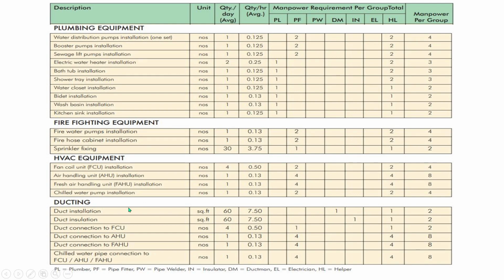Then for the duct installation, you can see the unit as square feet. For the 60 square feet, they say they can install it in a day. 60 square feet can be installed in a day. You can convert it as your wish. It can be square meter as well. So how many manpower you need? Ductman one and helper is one. Okay, for the duct installation, duct connection to FCUs, everything, all the details are available